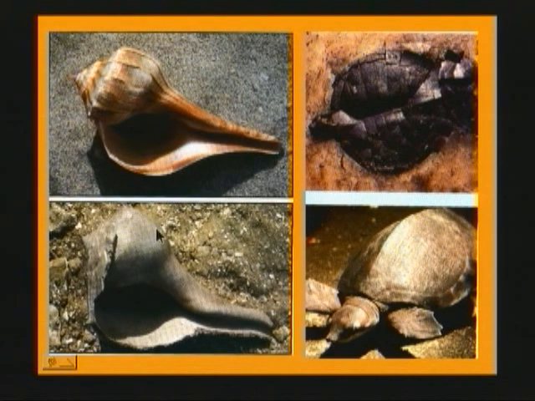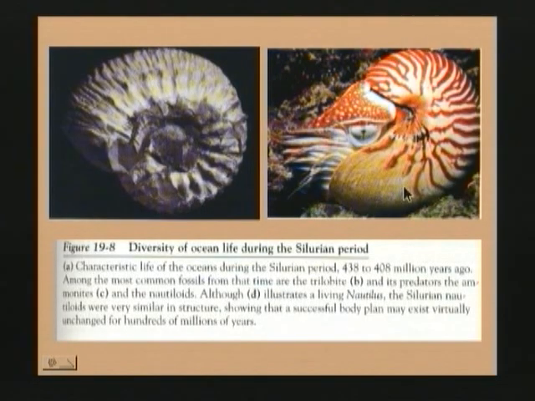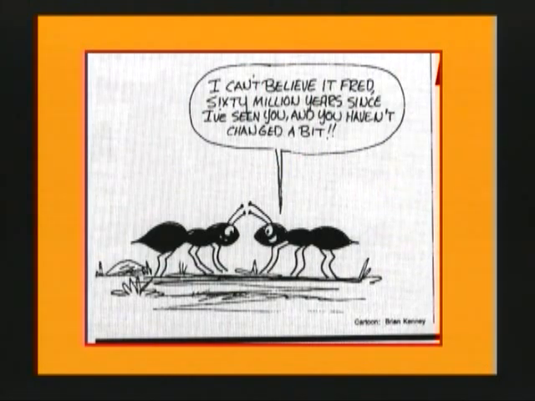We saw that all the animals appear when? At the same time. There's no such thing as a simple animal. They're all complicated. They're highly complex. And when you look at the ones living today and you trace them back, you will find that the living form looks exactly like the fossil. The living form looks exactly like the fossil in the case of this tortoise. If you go to these creatures over here, the living form is exactly like the fossils. In fact, the insects too. I can't believe it, Fred. 60 million years since I've seen you last and you haven't changed a bit. That's exactly what we have in the fossil record.